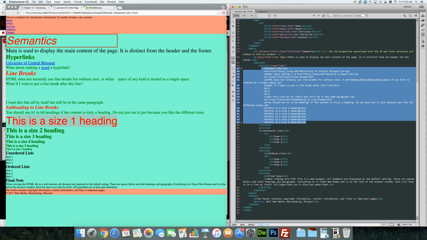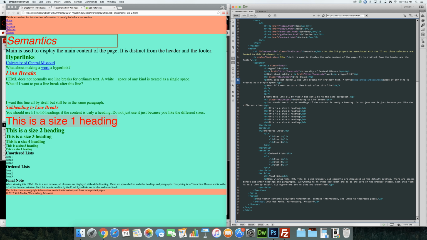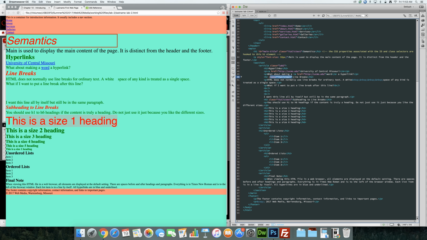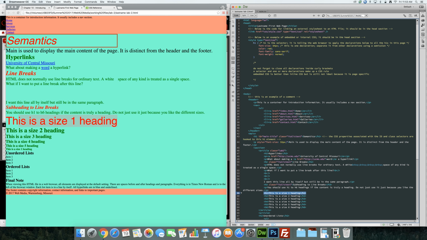And if you look more closely at our code, let's see, line breaks, that has a class applied to it that's telling it to make it red. There's italic text, and then you have for the H3 subheading to line breaks, that's also using italic text, so it didn't make a sub green. And then this one right here, this is a size 1 heading. Well, that's an H1, and we have an embedded style sheet that tells it to be red. And that